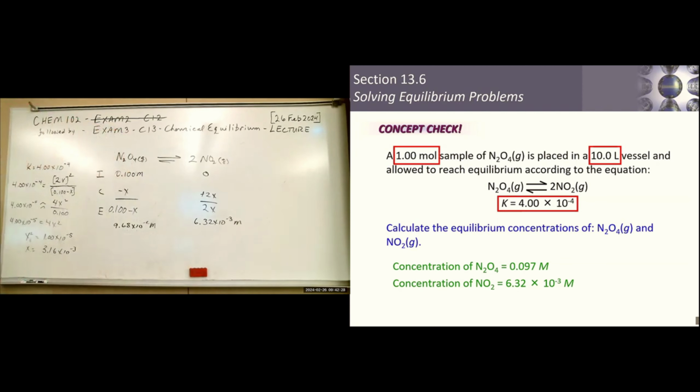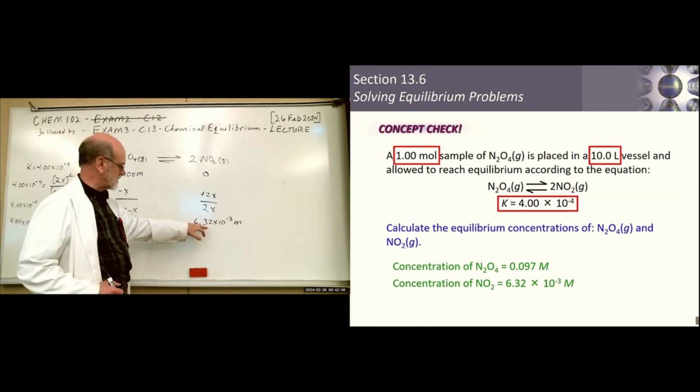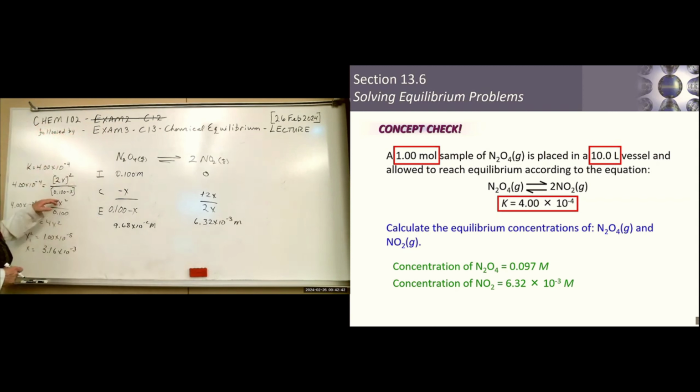Okay, what we did was we said x is insignificant. It's so much smaller than 0.1. Is it? Well, yeah, half of that is 1.6 times 10 to the minus 3. It's two orders of magnitude smaller than 0.1. But the question also is, is that small enough? And in order to determine small enough, we use the 5% rule. The 5% rule says that if we take these values,